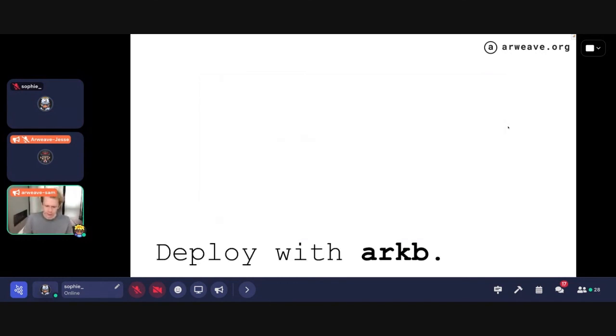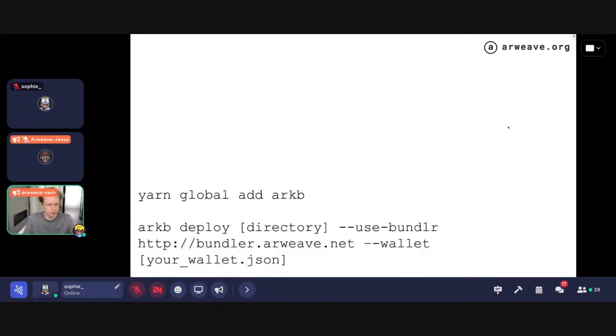Okay, final step, you've built your application, that's great. You want to deploy it. Well, instead of deploying to Heroku or provisioning a server in AWS, you just use Arweave. So you yarn global add Arweave or npm, whatever you want, and then you just say Arweave deploy, and then